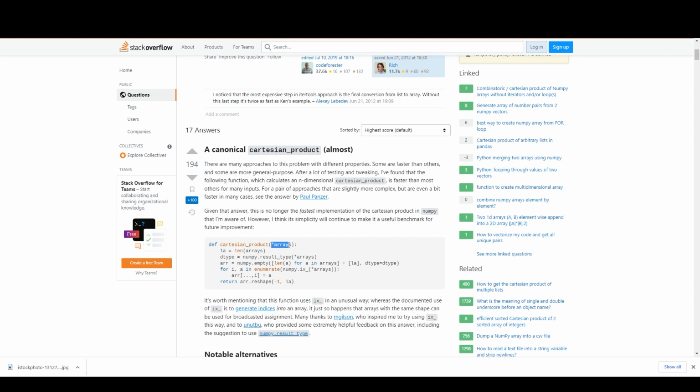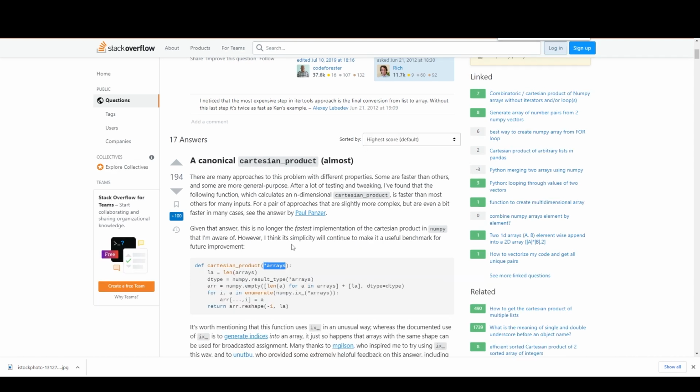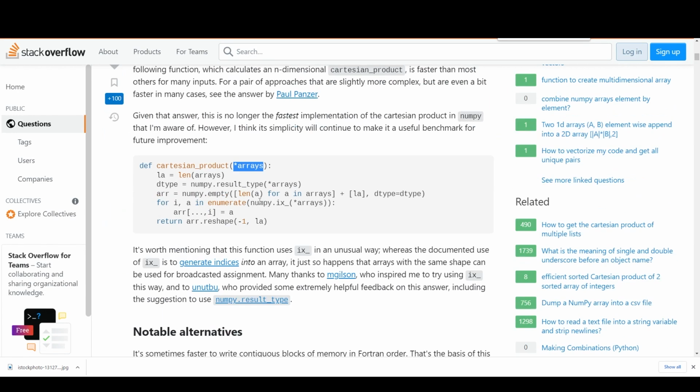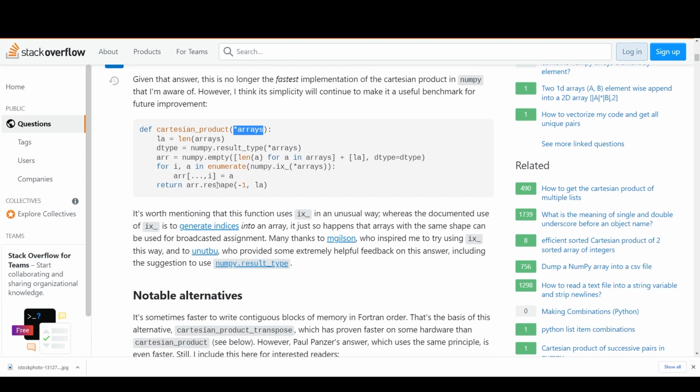So you have arrays, la equals length arrays, dtype equals numpy.result_type arrays, arr equals numpy.empty length arrays for a in plus dtype, for i, a in enumerate. Wow.